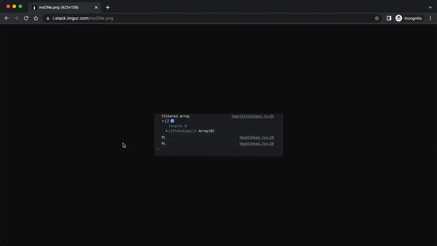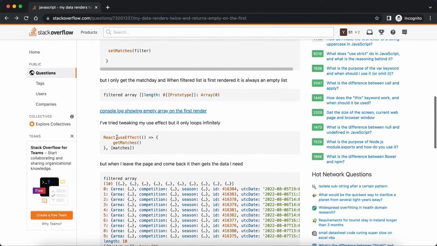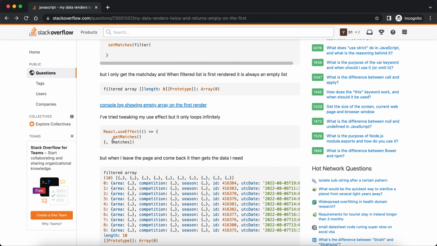Let me open this console log, right? I've tried tweaking my useEffect, but it only loops infinitely. So this is the useEffect, and I already see a problem, right? And guys, probably you can see it too. Basically, a useEffect expects two arguments. One is a function that is going to be called on changes or on initial load. And the second is the dependency array. And what that means is that